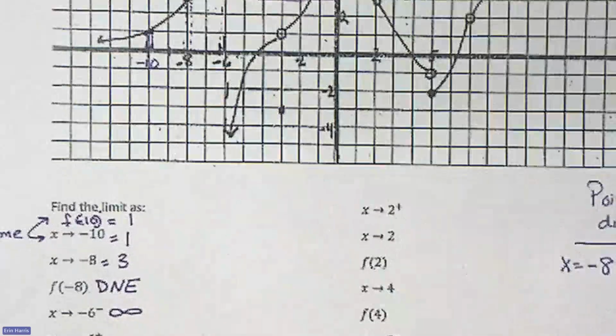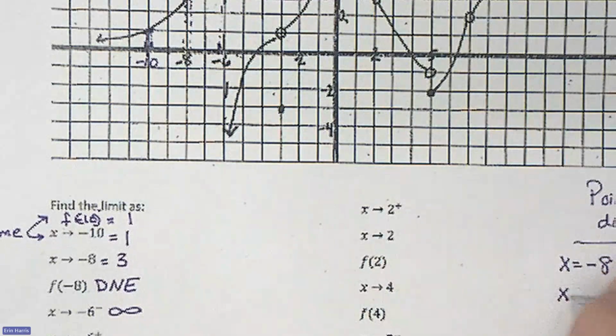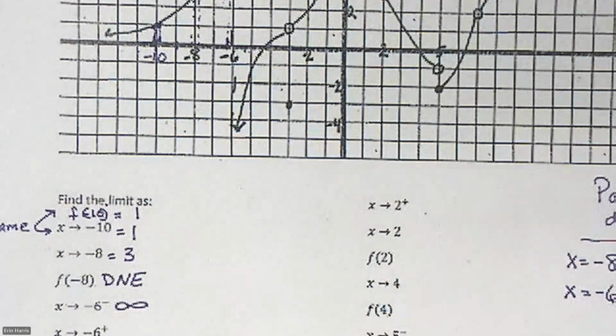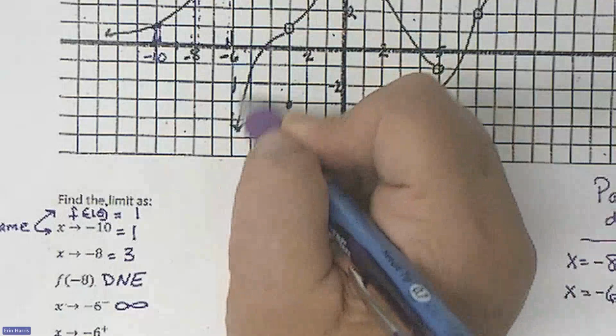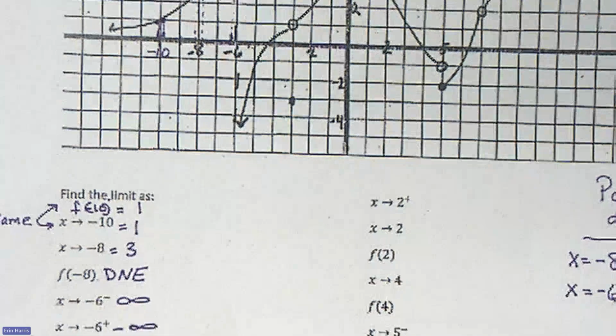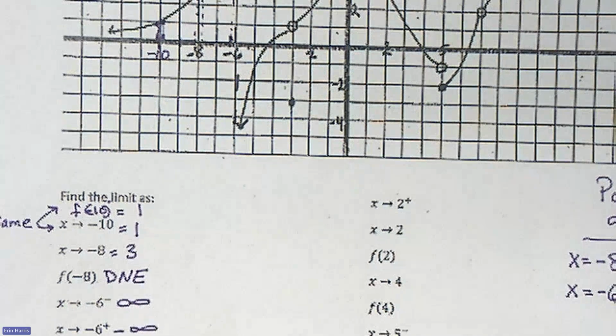So again, I have a discontinuity here at -6. And on the other side, I see functional values approaching -infinity. So this is where on your table of values, you'd see values like 10,000, 100,000, right? Big numbers, right? And usually one's positive and one's negative, although it is possible to have a vertical asymptote line